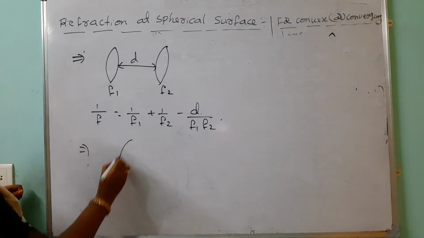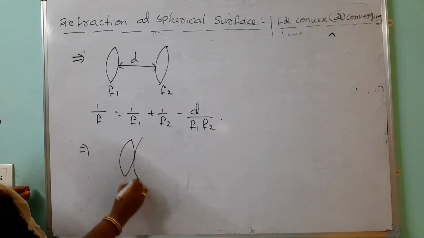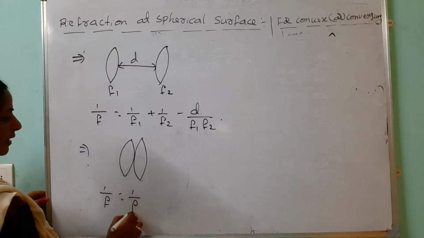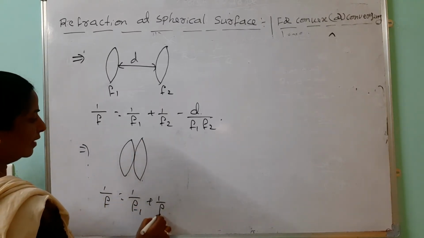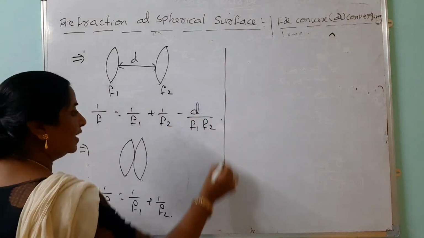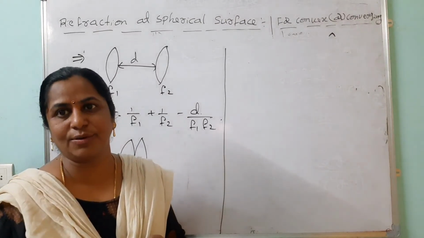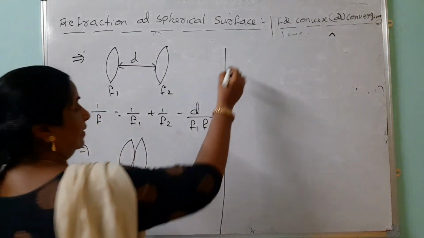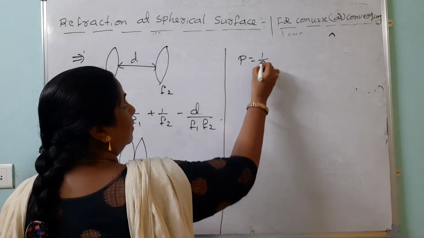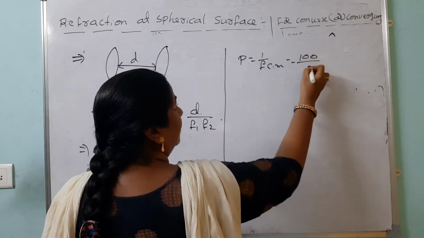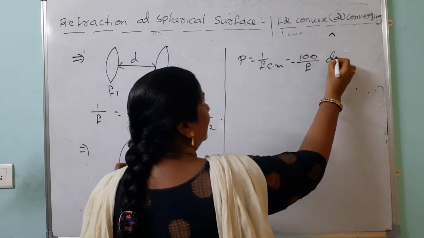Suppose in this case there is no gap, we can arrange like this. Here 1 by f equals simply 1 by f1 plus 1 by f2. And one more very important concept is that the reciprocal of focal length is called the power. See, power equals 1 by f. If f is in centimeters, we write it as 100 by f. This unit is the diopter